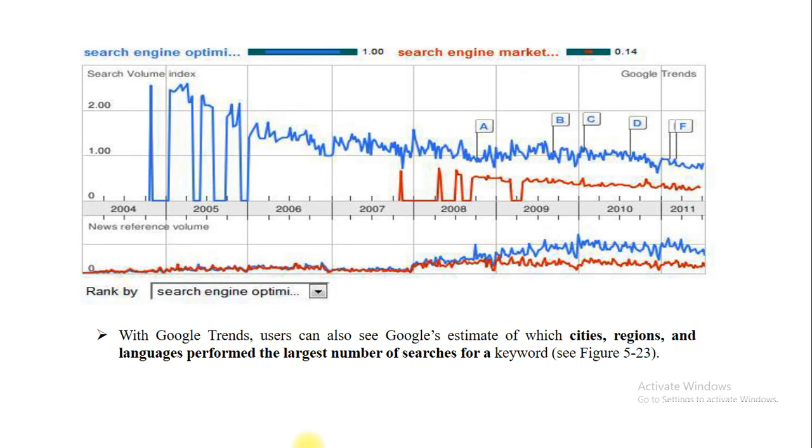Over here we have taken the example of search engine optimization and search engine marketing. Optimization is in the blue color and marketing is in the red color. Over here I have told you that the search may be based on blogs, or the search may be performed on news, images or videos. So, the graph may be different based on that. You can select the graph based on these particular categories.